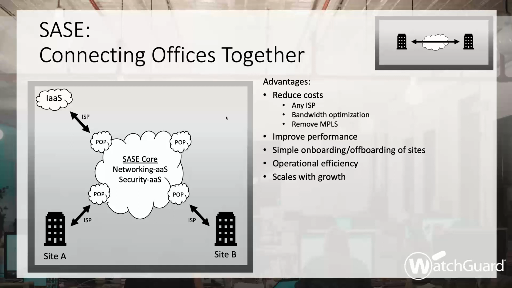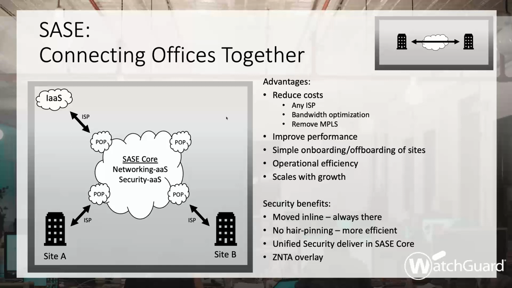And it provides me or you as an MSP with this great operational efficiency, right? I have visibility into what's going on. It scales as I grow. It's very easy for me to maintain these sites, right? My mesh networking now becomes very simple because I'm relying on the SASE core to do a lot of that. So I'm just connecting into it, and then it's segmented off. My traffic is segmented off, and it allows for me to have that growth, that scalability, both on the networking stack and the security stack.